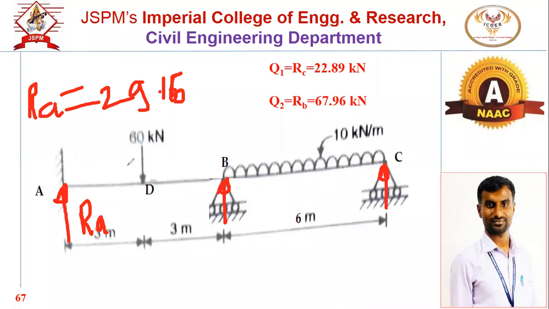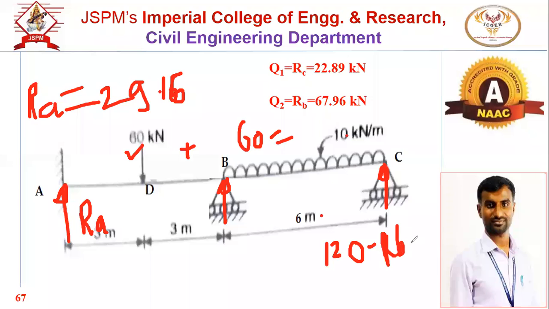Now the total load which is downward is the point load 60 kilonewton and the UDL spreading on the span of 6 meter, means 10 into 6, this is also 60. So total summation of vertical load in the downward direction is 120. So out of 120, the upward reactions will be minus RB and minus RC, means from the total load, if you perform the minus of RB and RC, you will get RA, which is vertically upward.